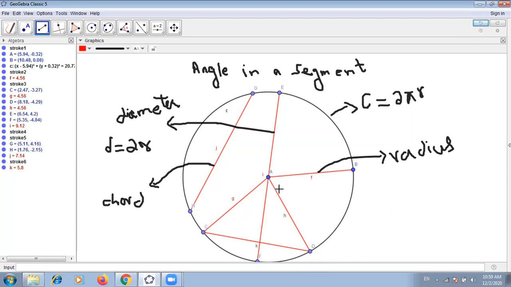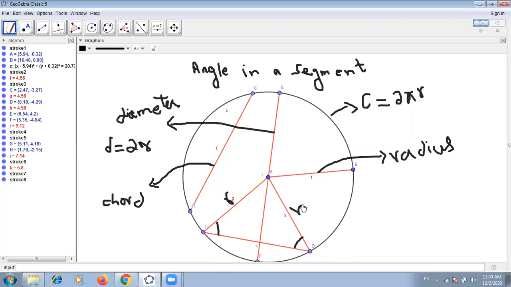But what happened there? We constructed a triangle here, and this triangle is called an isosceles triangle because AC and AD are the radius of the circle, meaning these two should be equal. So when two sides of a triangle are equal, the triangle is isosceles, and this angle equals this angle. So whenever we draw a chord and join it with two radius, the triangle formed is isosceles, and these two angles should be equal because these two lines are radius.